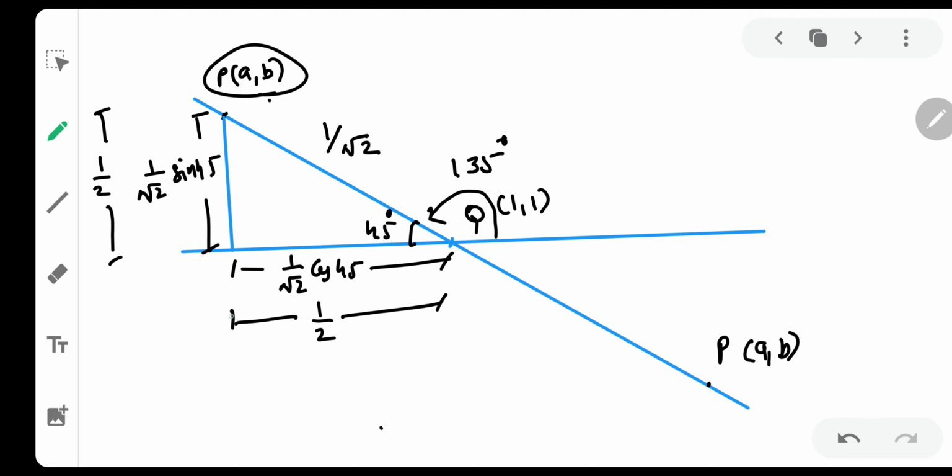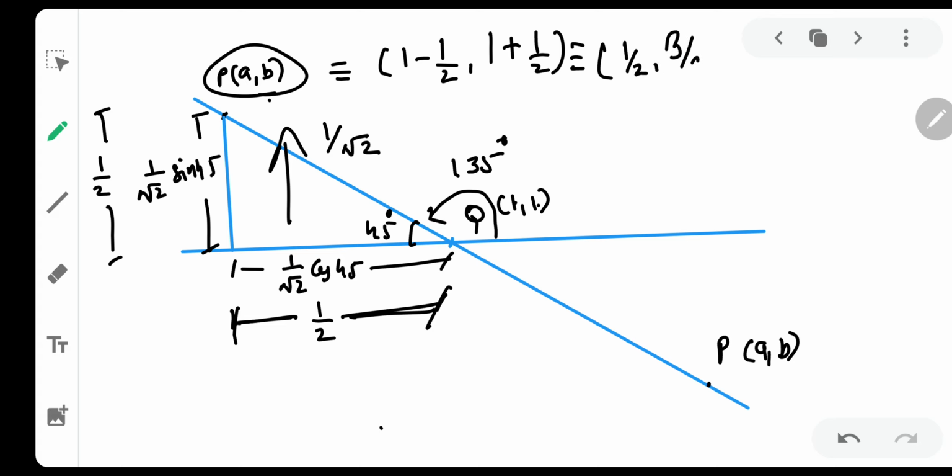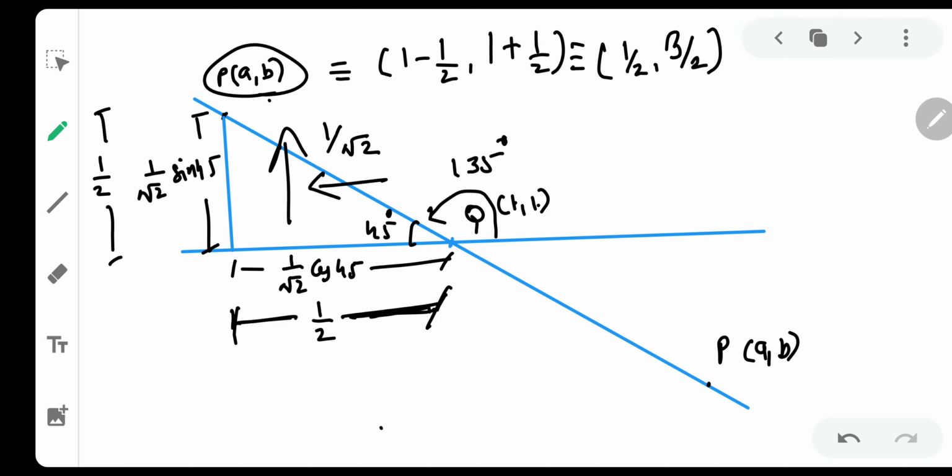By how much is it going to the left? It is going to the left by half. So 1 will be reduced by half. So this will be 1 minus half and this is going up by half units. So it will be 1 plus half. So that will be nothing but 1 minus half and 1 plus half, that is, 1 by 2 and 3 by 2. See, point P went to the left by half unit. Left means subtract and point P is going up by half units. Up means add. So left and right is for the x axis and up and down is for the y axis, meaning the y coordinate.